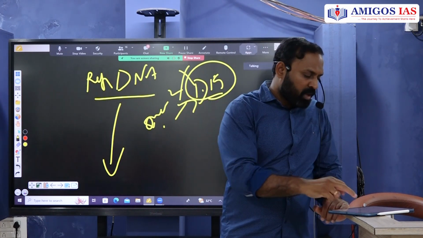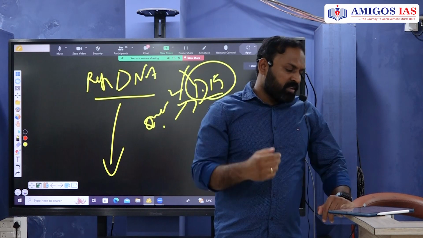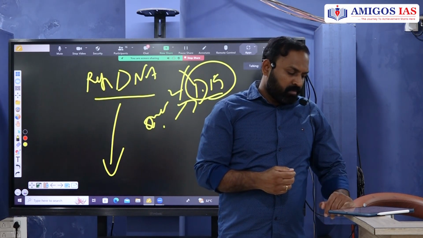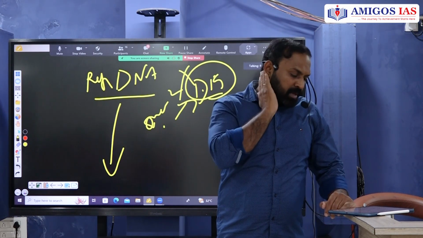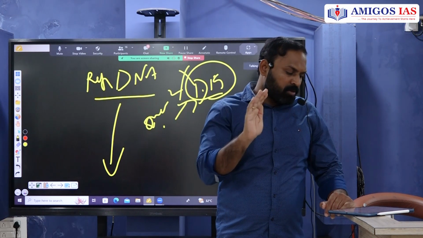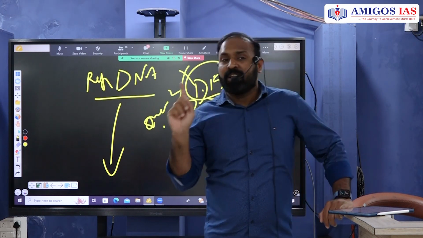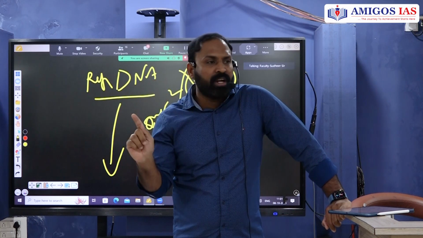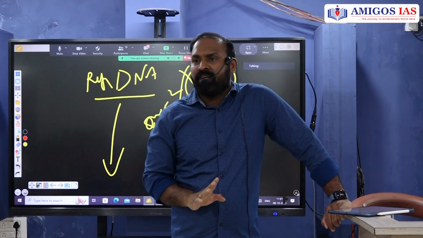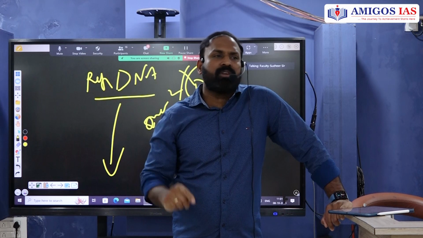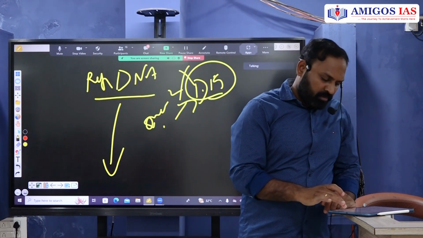Then, coming back to the civilization and look at barbarism, savagery. She just mentioned lower, middle, upper without mentioning the characteristic feature and example. That is where you lose minimum 1 mark. And then